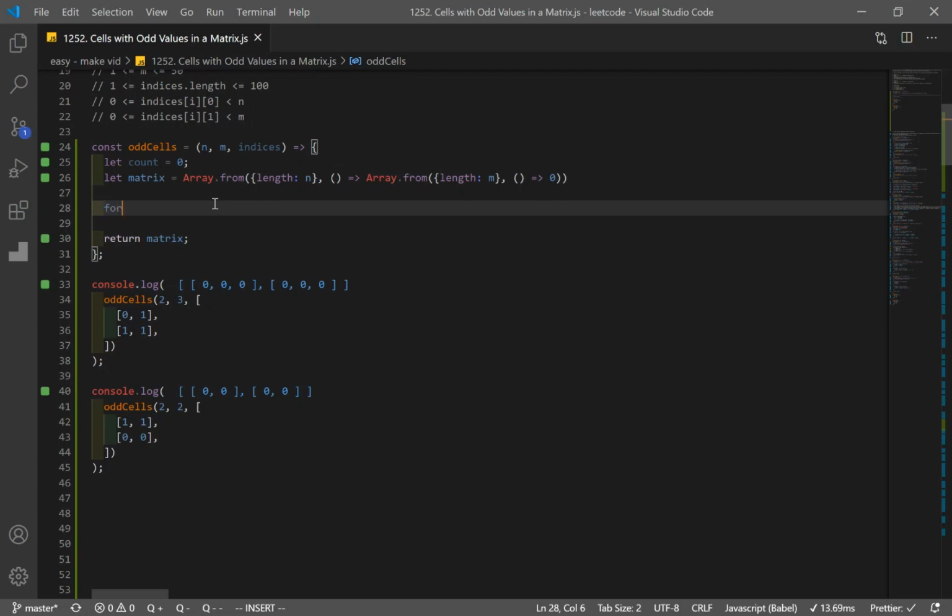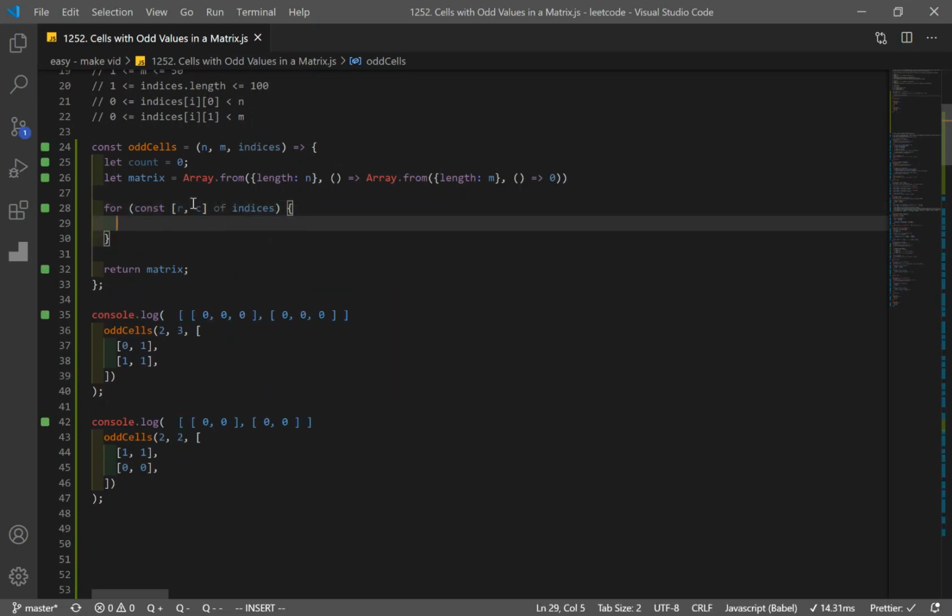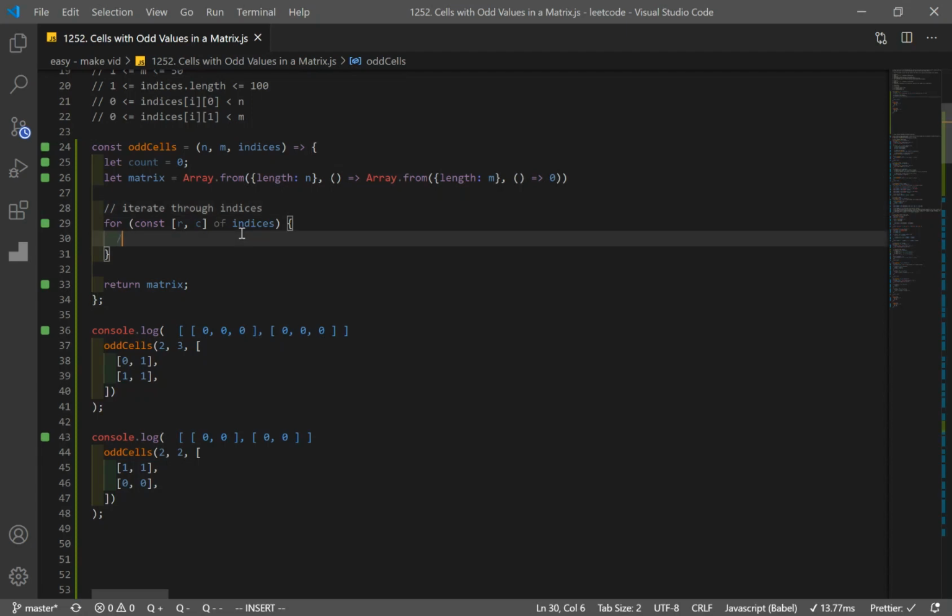I'll use a for loop. So we have for const [r, c] of indices, where r is row and c is column. Okay. So we're iterating through our indices, and I'm using array destructuring. So r is going to represent 0 and 1. c, which is our column, is going to represent 1 and 1. Okay. And now we want to